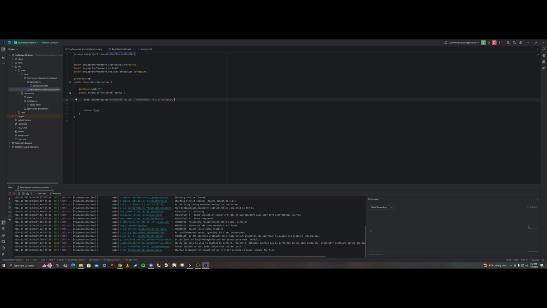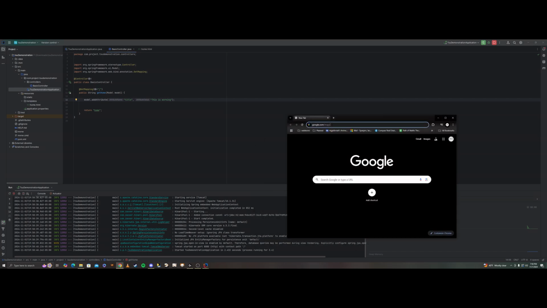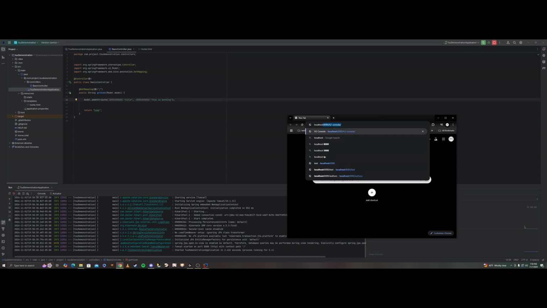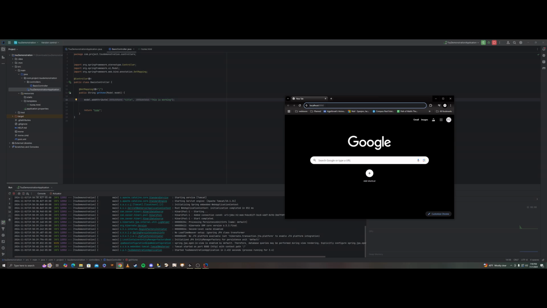So we're going to bring up our web page, and we're going to want to do localhost 8080. Now, localhost 8080 is the default URL that it'll load to. So usually it'll be set up this way. So we're going to want to go to just the slash, right? Because we mapped our page to slash. So if we load that,